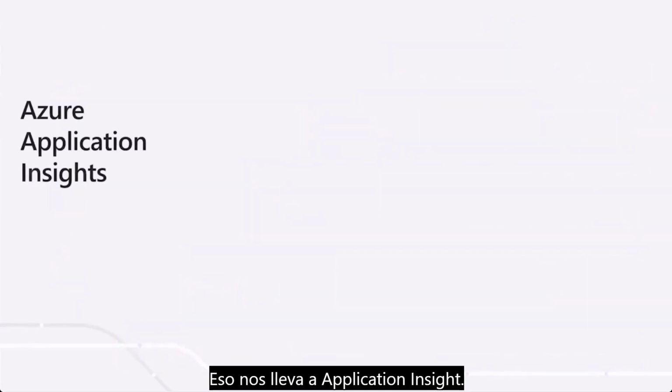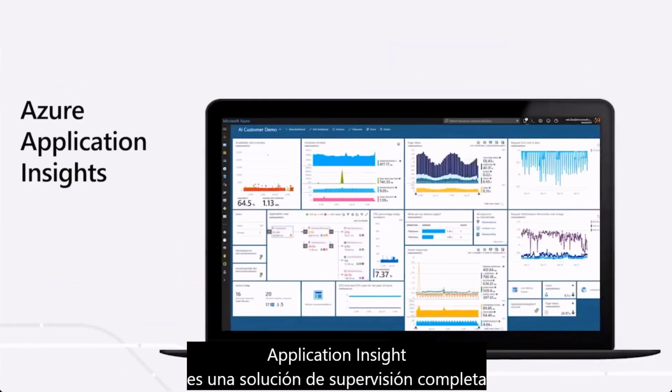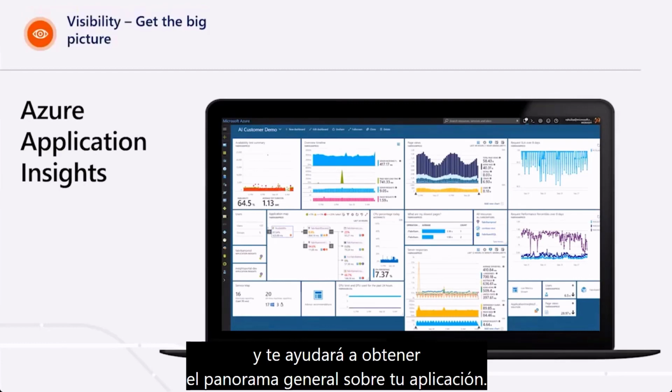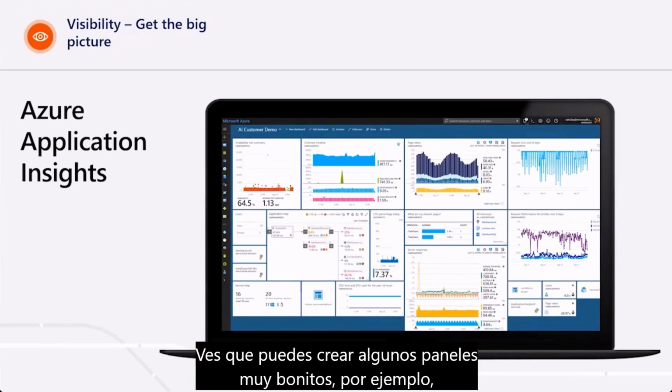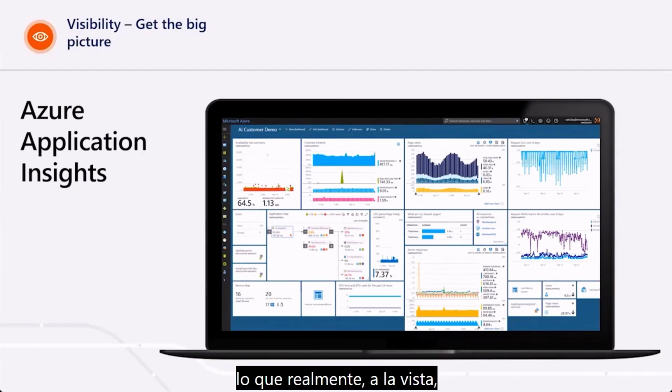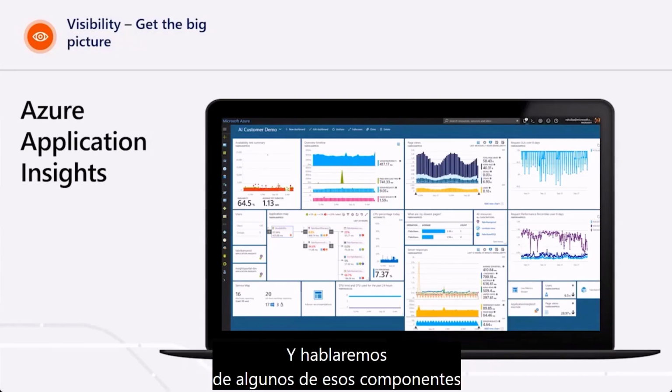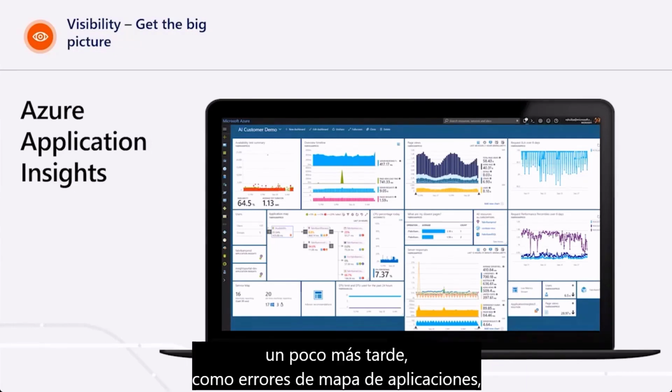So that brings us to Application Insight. Application Insight is a complete monitoring solution for your application. And it's going to help you to get the big picture about your application. You see that you can build some very nice dashboards, for example, which really, in the glimpse of an eye, is going to help you understand what's going on in your application. And we'll talk about some of those components a little bit later, such as application map, failures,